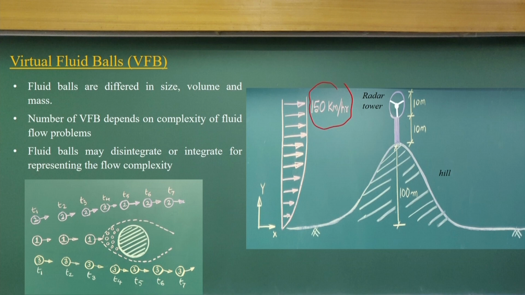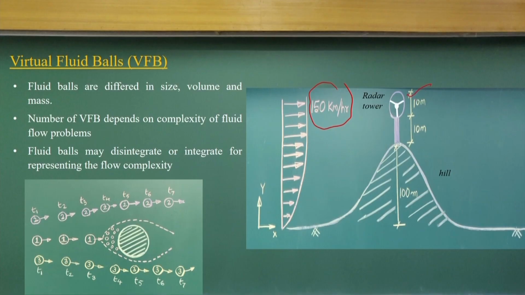Okay. So, you can understand it is a very simplified case, as I gave an example of a helicopter crash, but this is quite a simplified case where I have only one direction of velocity distribution, which could be on the order of 150 km/h, and we need to design these radar towers. Okay. So, if you look at that, this is a very challenging fluid mechanics problem, but in an analytically simplified way